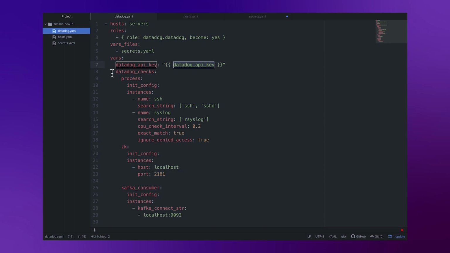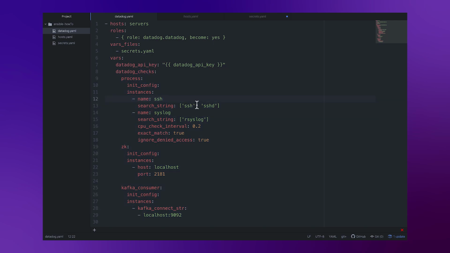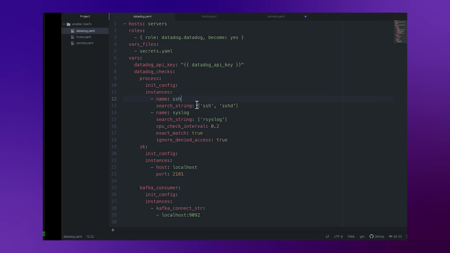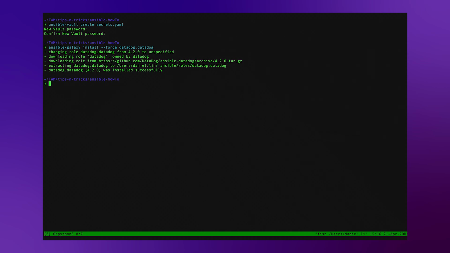To configure any integrations, you can simply pull in under Datadog checks, like this, following the YAML syntax. And when you are done, save the file, and we are ready to apply this playbook. Before we start, we need to install Datadog module from Ansible Galaxy with this command. Once it's done, we can apply Ansible playbook with this command here,